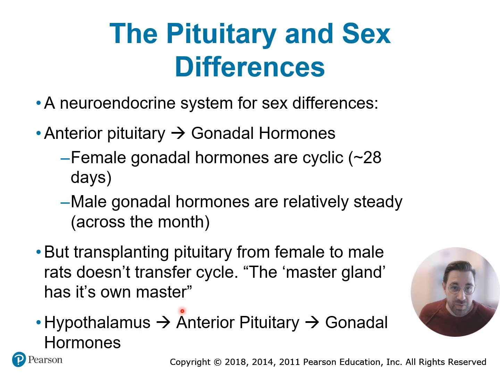That's the one that's actually responsible for the different activity, and that's the hypothalamus. So it's the hypothalamus, our brain, that's going to control the anterior pituitary. The anterior pituitary is going to send tropic hormones to the gonadal hormones. So ultimately, our release of testosterone, our release of estradiol and progestin that changes throughout the month for genetic females, or people with ovaries, those are going to be responsible through the anterior pituitary, but beginning with the hypothalamus. So your brain is controlling those things.